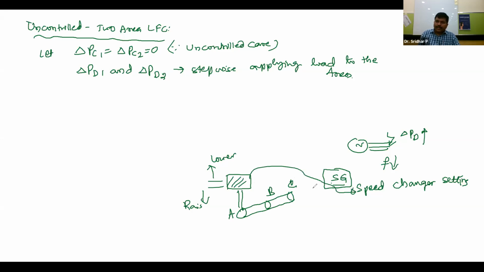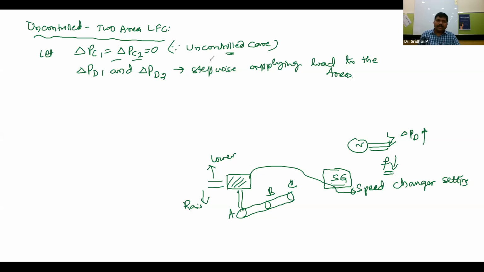Now in this speed changer, whenever you throw some sudden load, or release some load from the generator terminals, immediately there will be a change in the frequency. We can observe that the frequency will be sensed, and as per the requirement to maintain the frequency within acceptable limits, the speed changer setting must be adjusted. Now in the uncontrolled case, the speed changer setting must be 0. It means whatever the deviation in the frequency, the speed changer setting will not be changed. It remains fixed. So that is the case.